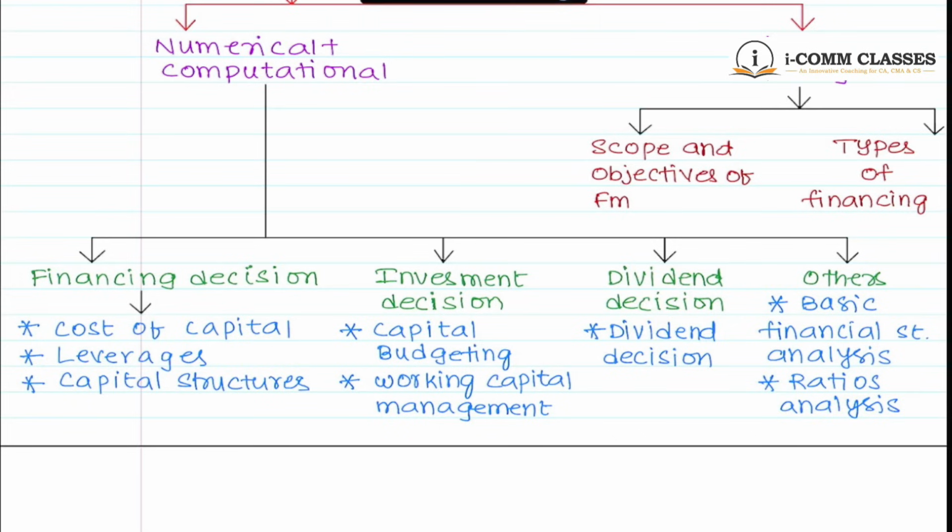Okay, well, completed. Pure theory also you can write. First one is scope and objectives. Next one, source of finance. Source of finance has another name, types of finance. Completed? Can you scroll down? If everyone has written, I will.